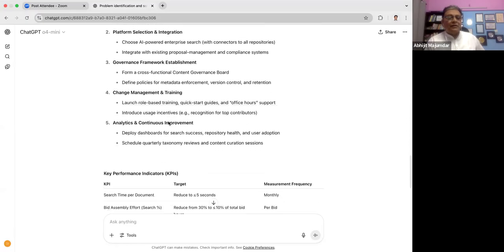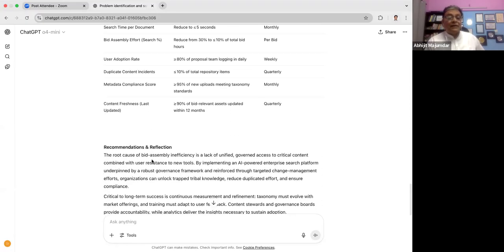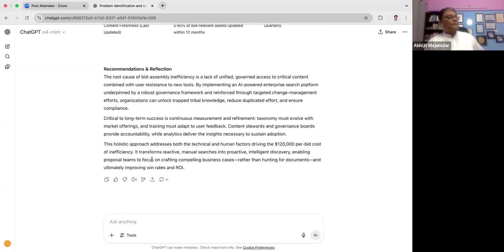And discovery. These are the KPIs which you can measure, and then this is giving me the recommendations and the reflections. So starting with a vague problem, I am going to the solution of the problem. Not only the solution, I am identifying the root cause of the problem, and I am finding a solution to the root cause of the problem. So that is the power. That is the capability. Got it? That is how you do problem formulation. You are even finding out a problem out of unstructured information, some vague information which is coming to you.